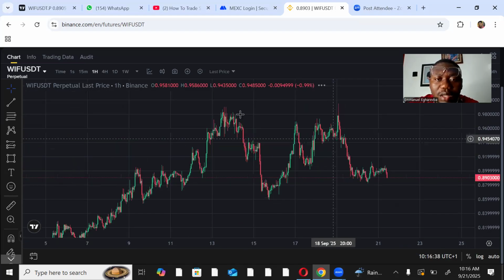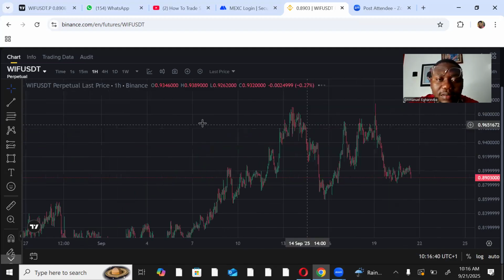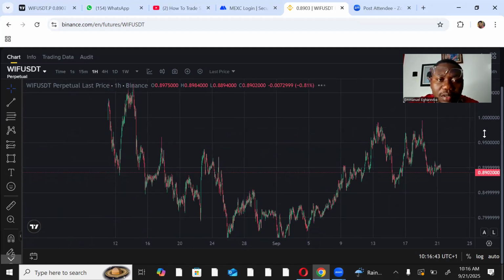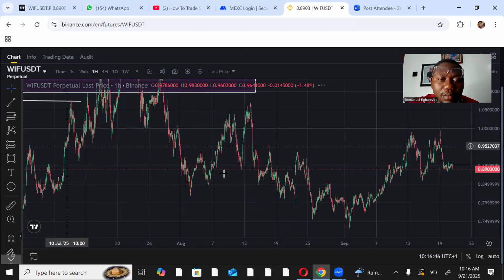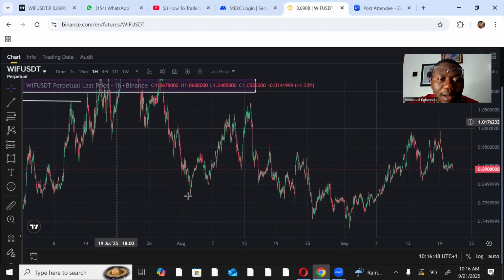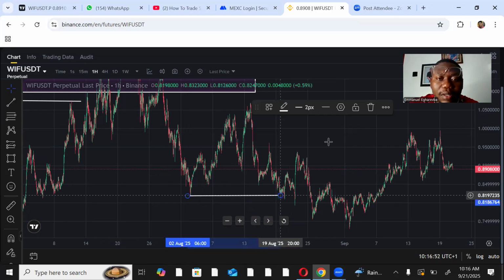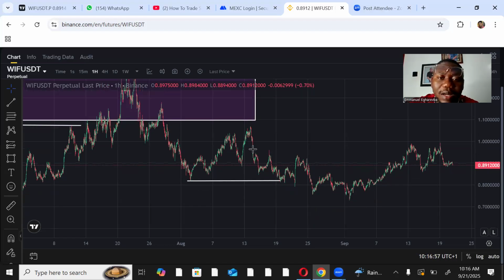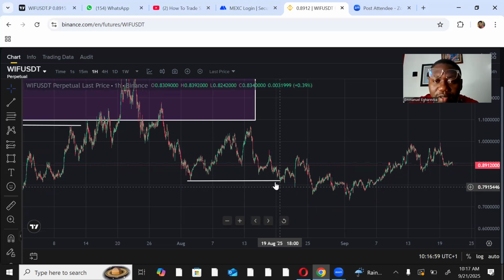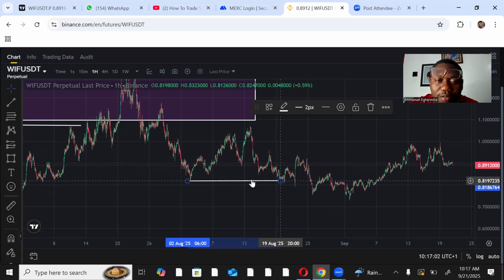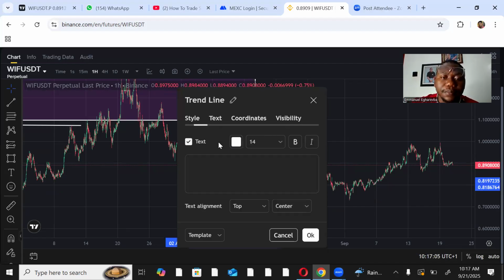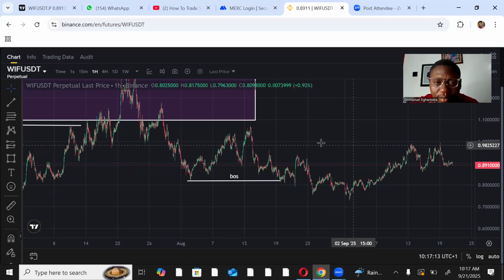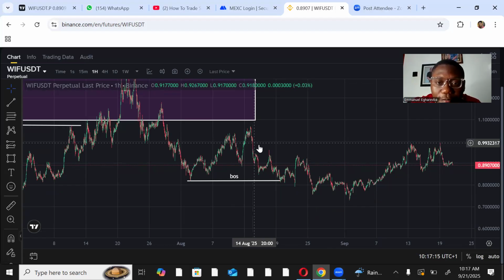Now, our bias is bearish. Remember, don't forget what I said, that price will break structure and come back to fill an inefficiency or rebalance the market. That is what price will do at every point in time. Now, price has done the same thing here. Can you see this break of structure, the BOS here? Now, price has done this. Have a BOS. Now, we want to look for fair value gaps